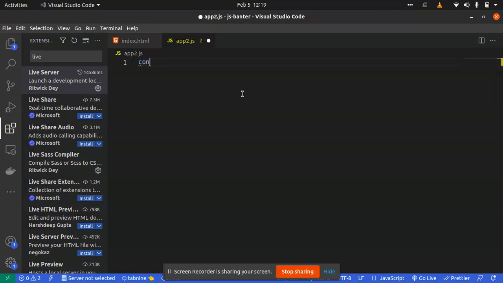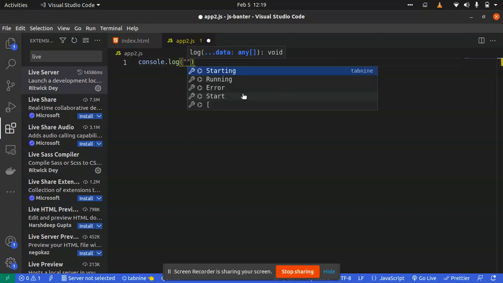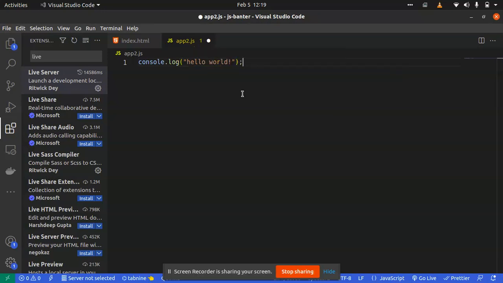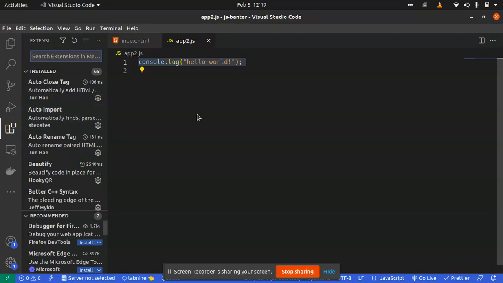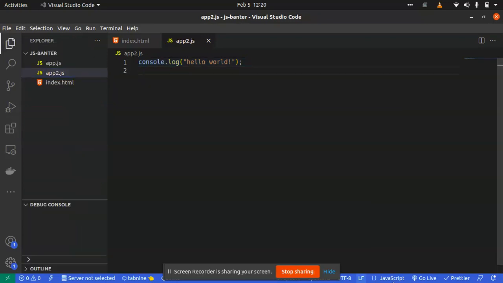So if I do console.log and I do hello world, people ask me what kind of extensions I have. I have a lot of crazy extensions, I don't know if you're interested. But let's do that. When I do this and I go live,